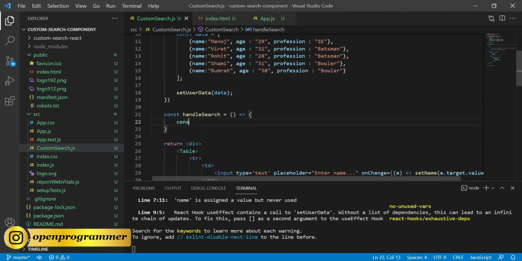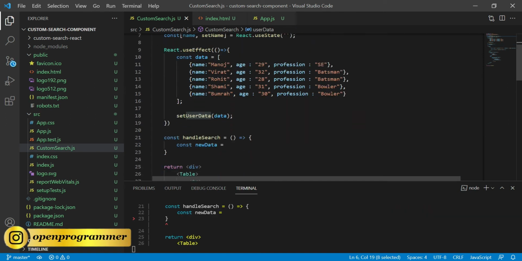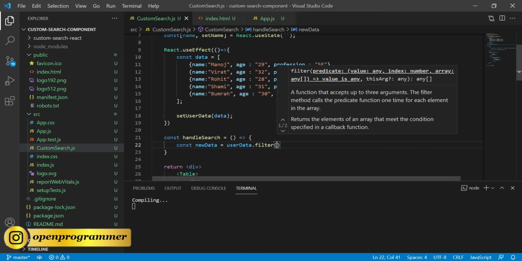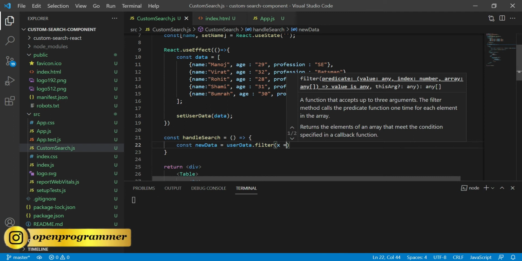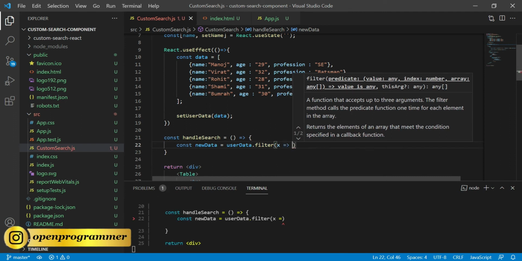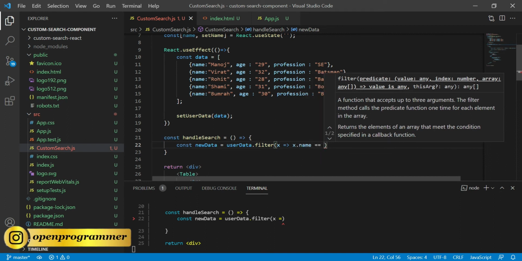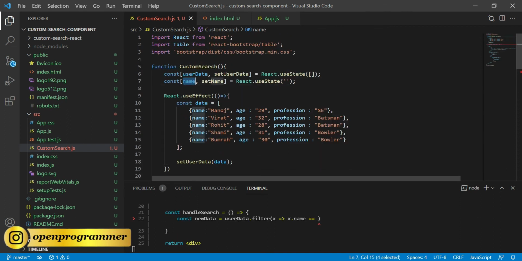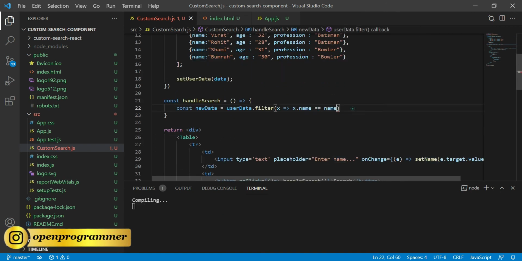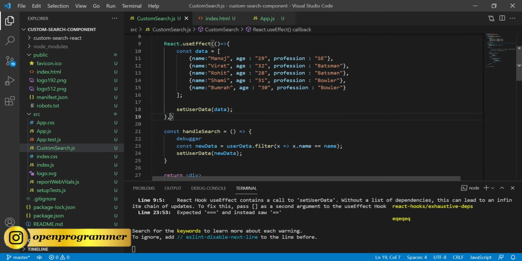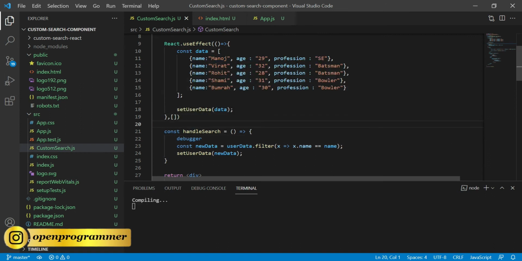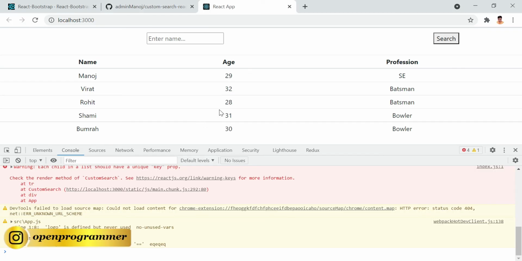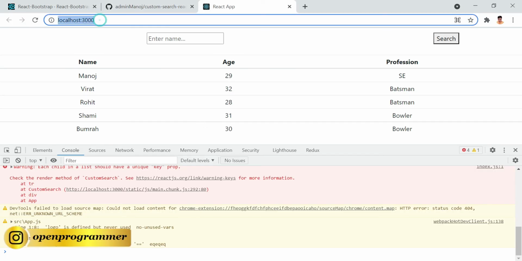So for that, let's say const newData, and from this user.data dot filter, x dot name equal our name, which is in this variable name. We need to give a blank dependency, otherwise it will run every time. So let's reload the document,